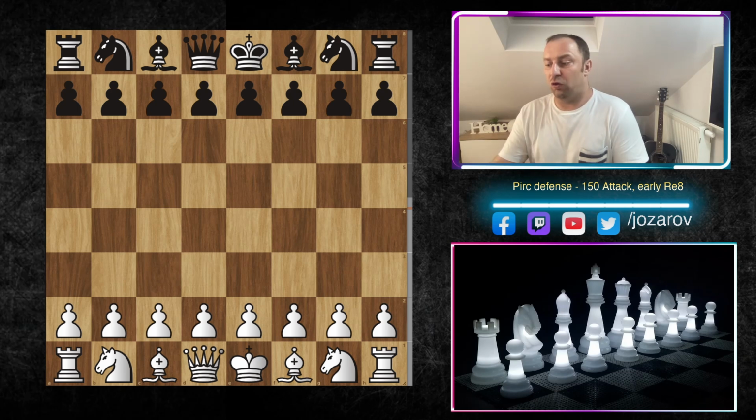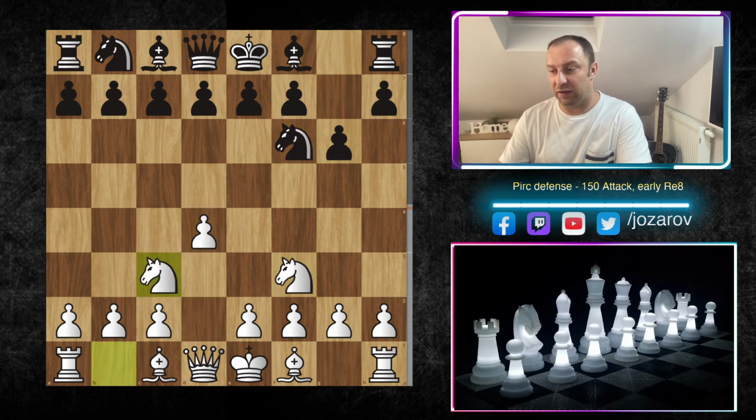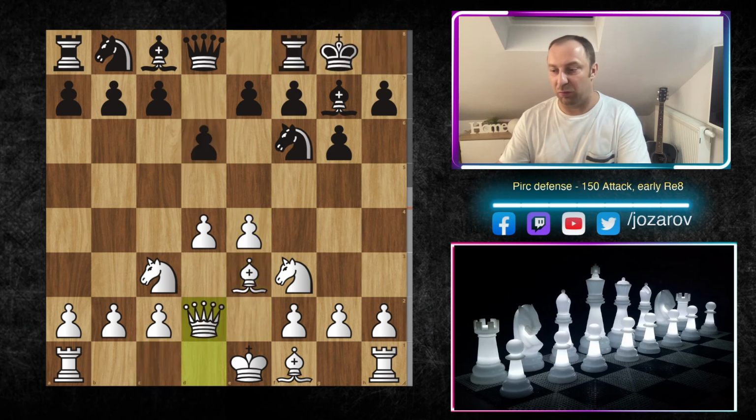Your opponent could play, of course, doesn't have to necessarily play this bishop to g4. So again, let's see this 150 attack. Let's go to the similar position, and I found a really cool game in the database. It's Gennady Zaichik against Vladimir Zimin. Here the game went wild after a couple of moves, but I really wanted to show you this game